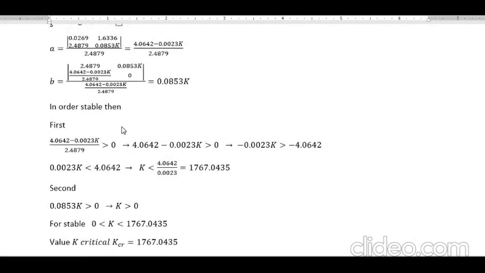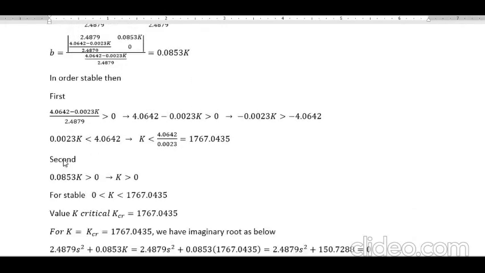Then from B we get that K is more than this, and K more than 0. At the end it is the value for K. The KCR is the maximum value for K here. It is the critical value of K, and we give it the symbol KCR.